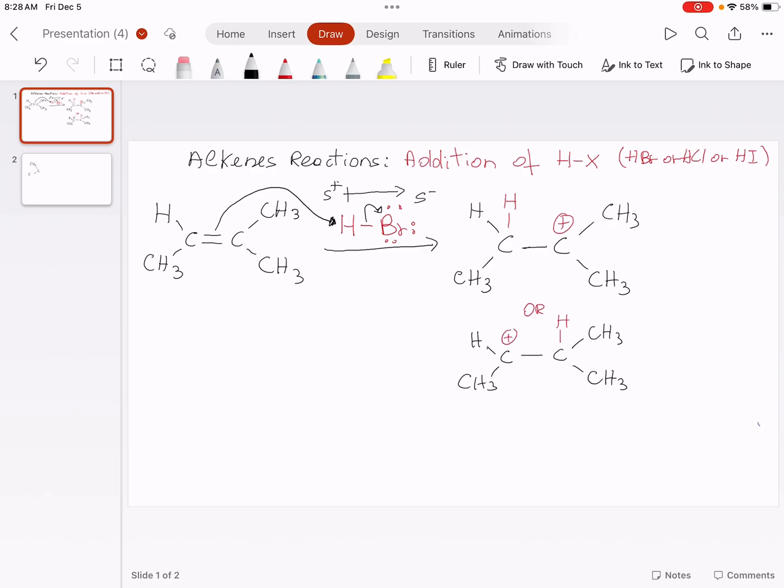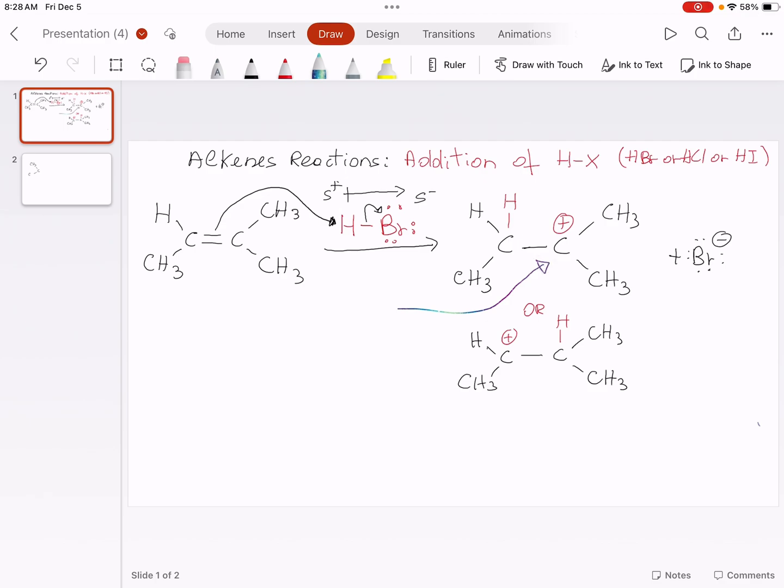Plus, we have Br minus that also formed in this first step. Now, what is the difference between the two intermediates? A carbocation is always going to be an intermediate in these reactions, but the difference between the two of them is that